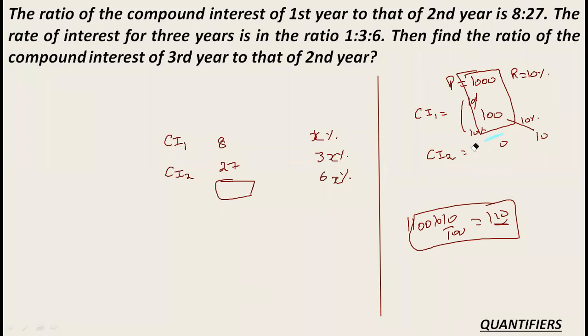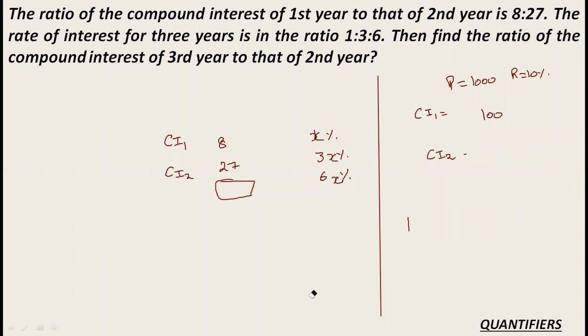Okay, just let's say if in this case only I say that interest for first year is 10%, but for second year interest is 30%. So what will be your new interest? You will say I will get 30% over 1000, which means 300. That you will get for sure. In addition to this, I will get 30% of 100 also. What is 30% of 100? It is rupees 30. So basically, what is the total amount I am getting? 330 I am getting. Okay, so in basic terms, if I am tripling the rate, I am tripling my base interest and I am tripling my interest over interest. This is the only pointer I need to use here.